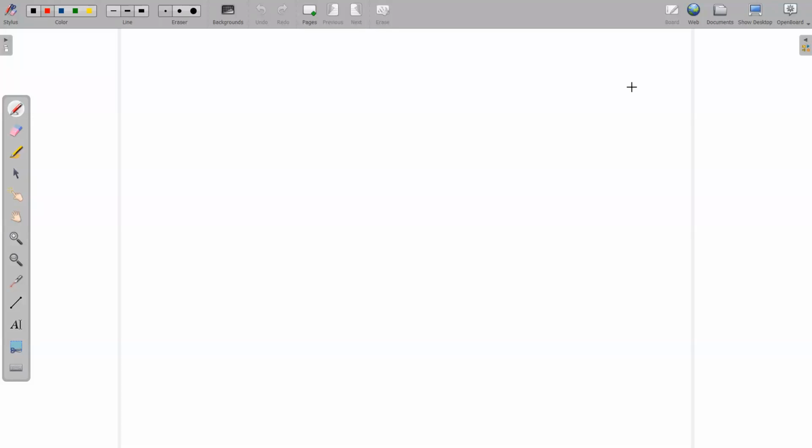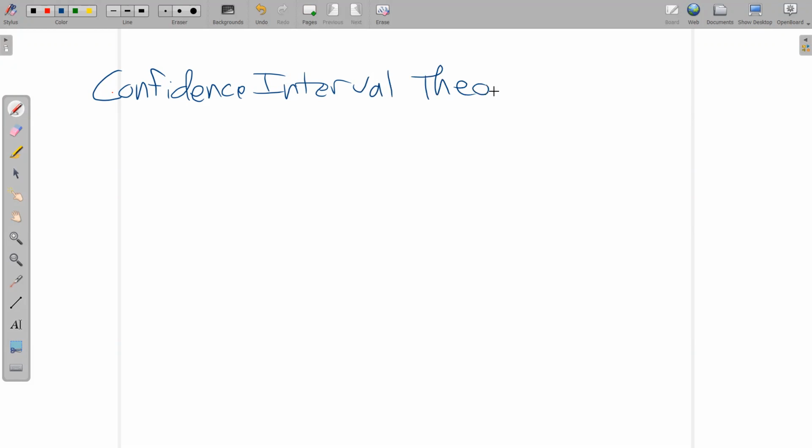Okay, so I'm just gonna go over a little confidence interval theory. Okay, we got a pen. Confidence interval theory. So if we're asked to make some kind of estimate for a population parameter, and so a population is